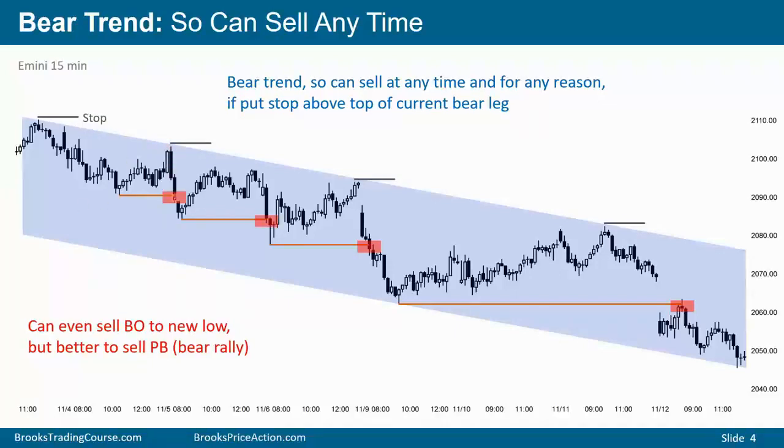Every time there's a strong breakout to a new low, it begins with a major lower high, and after each new strong breakout to a new low, traders will put their stop above the most recent major lower high. Let's say you sold up here, and you're holding short, and then we get another breakout to a new low. This is the most recent major high, so it doesn't matter where you sold, you're going to have your stop above this most recent major lower high.